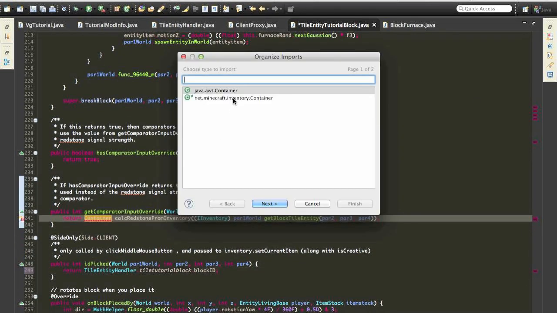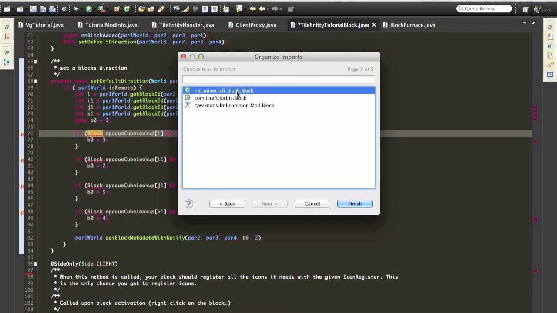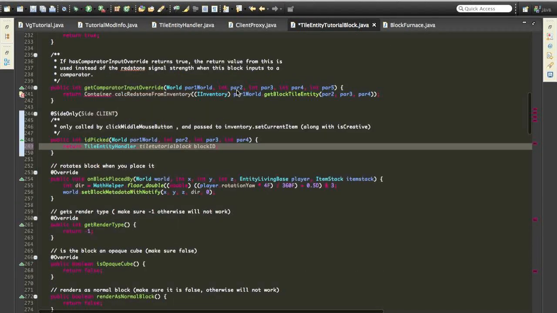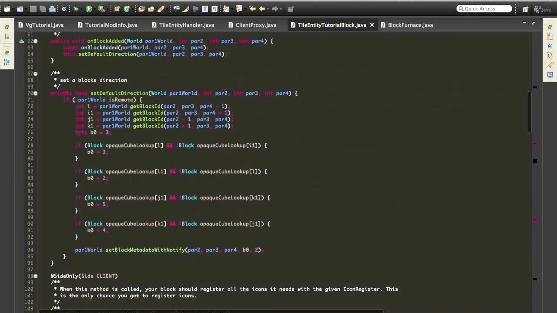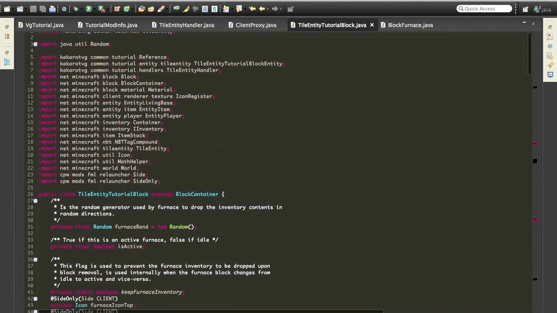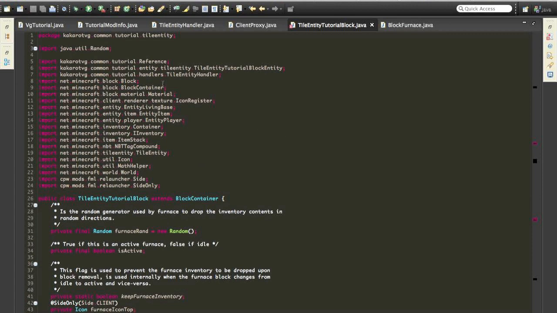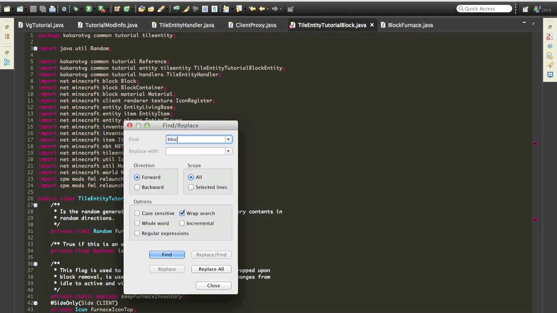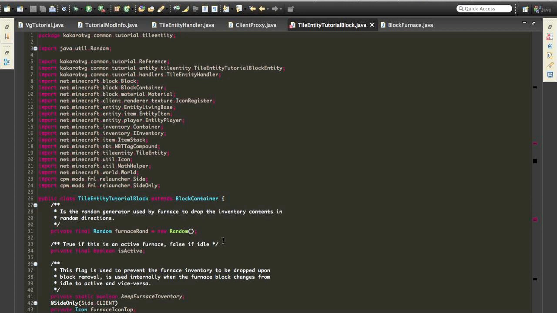Import container and MinecraftForge.block. Alright, now you look for block furnace. Okay, good. So now that we are done with that,